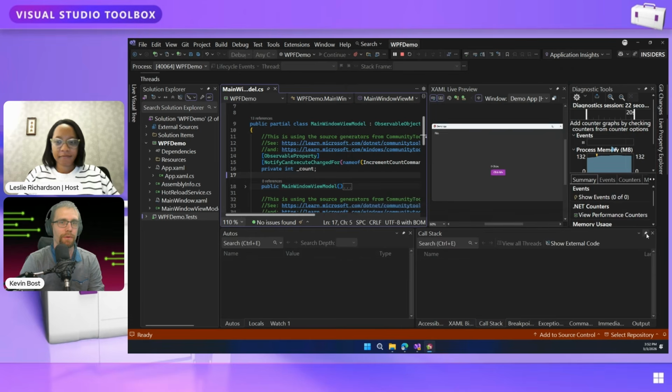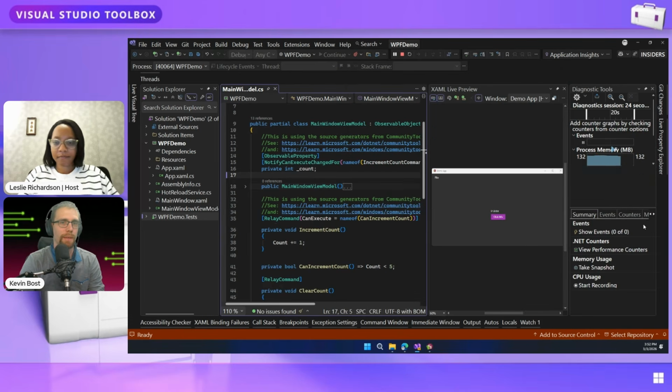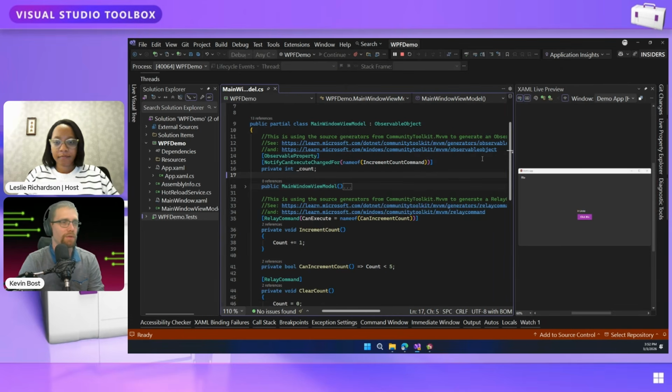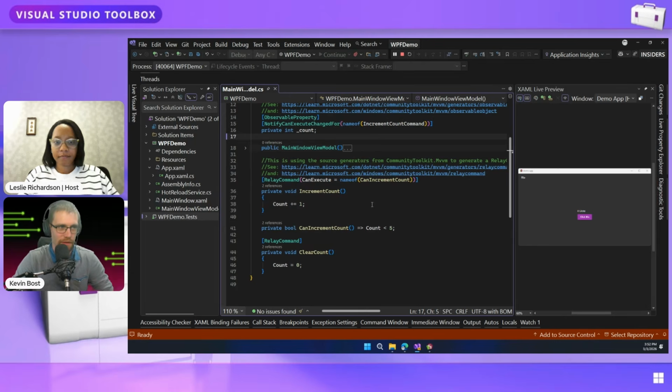And I'm going to collapse some of these things down here to give me a little more screen real estate. We can see that the commands down here basically align with that behavior. I'll spare people looking at the actual XAML unless people are really interested. But the command just calls IncrementCount, which does plus plus. And then when we get up to 5, that's where we say we can no longer count anymore because I'm